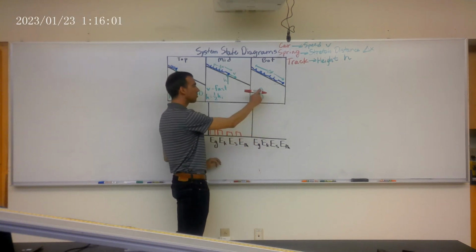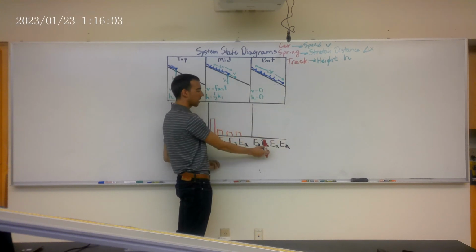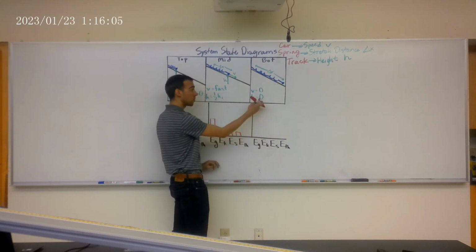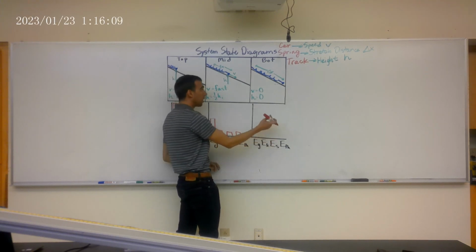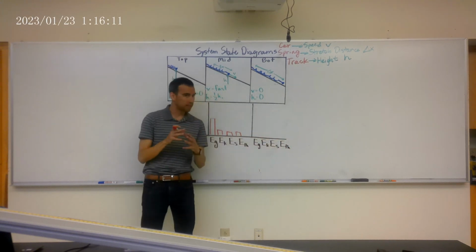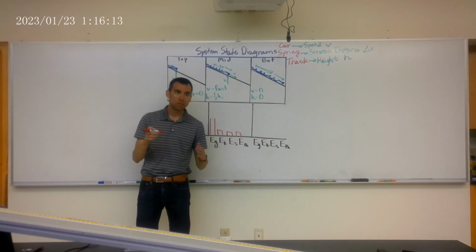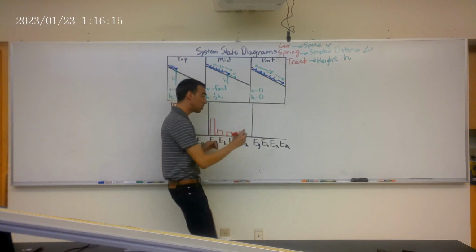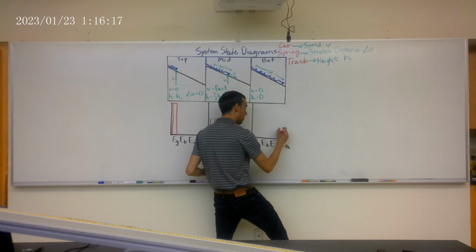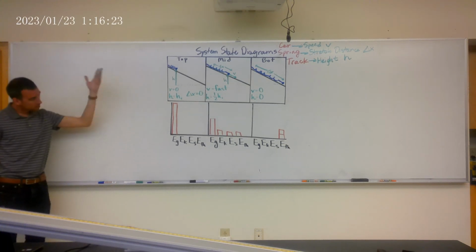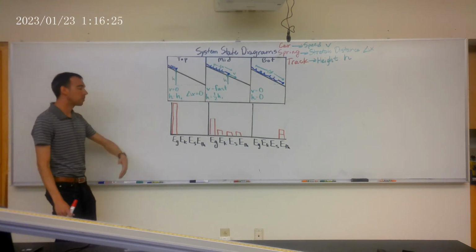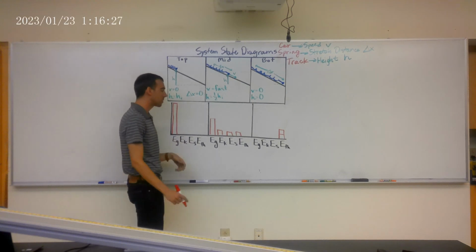The last one has 0 velocity. That means my kinetic energy is 0. The last one has 0 height. That means my gravitational energy went to 0. The last one definitely rubbed up against the track a little bit more, so I should certainly have more thermal energy. So I'm just going to put 2 blocks in there. 1, 2. And now you will find that the greatest common factor for this separation of blocks should end up